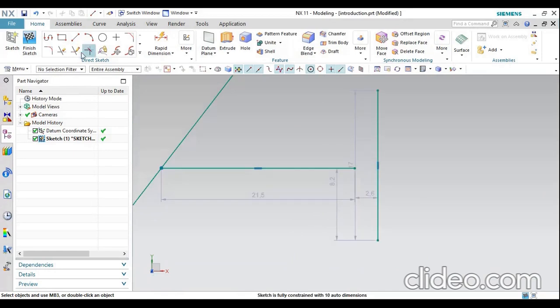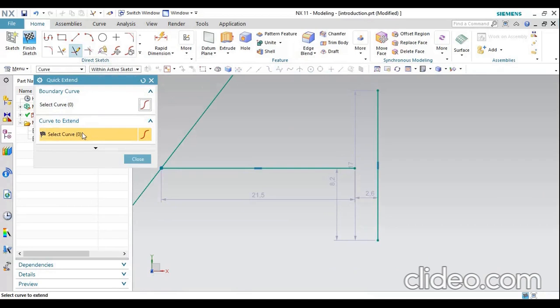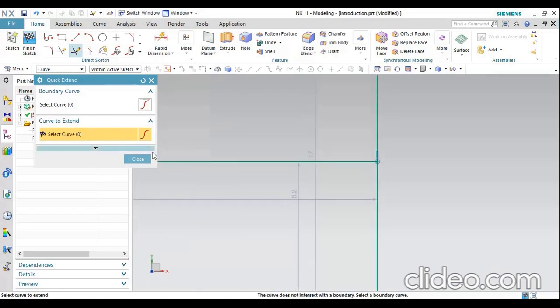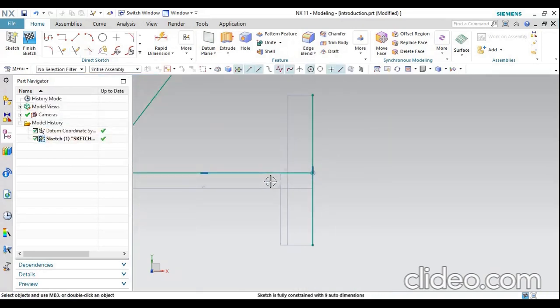For that, I need to select the quick extension button, then select the curve which will be extended. I place the cursor on that line, so it will automatically generate an extension line to that line. Then click OK to apply the changes. This is how you extend the line.